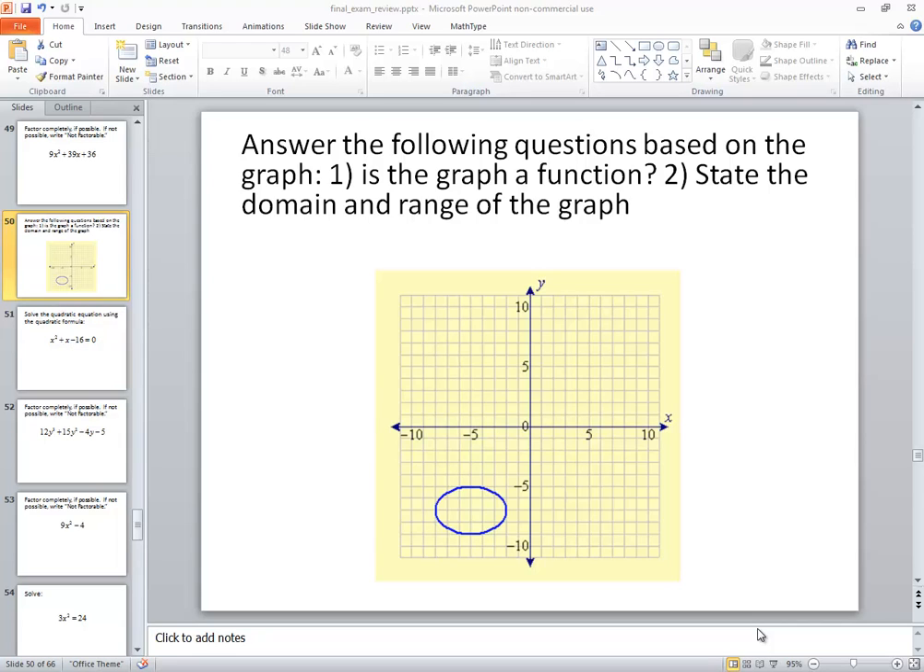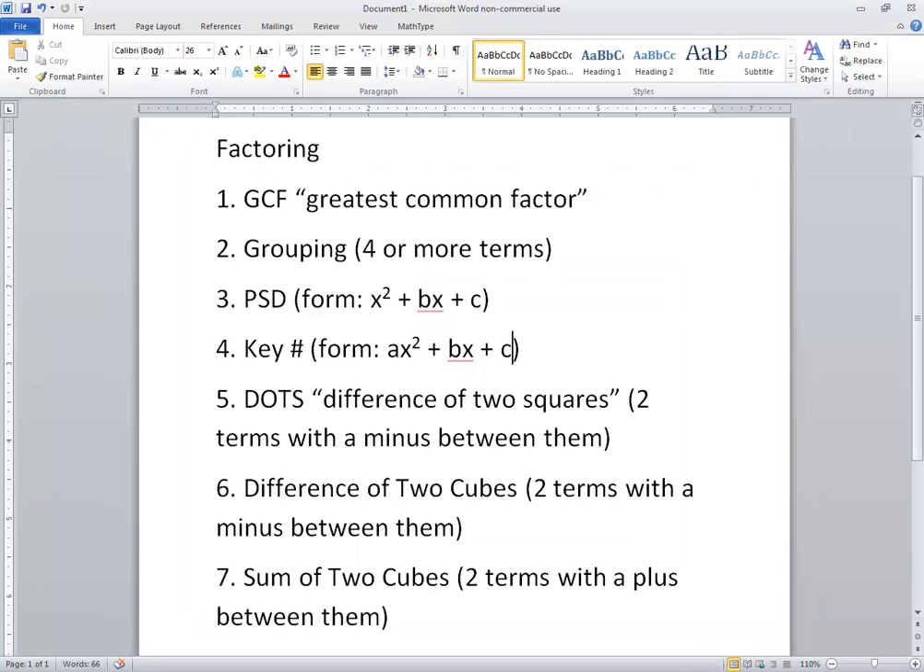In this problem, we're going to answer the following questions based on the graph. 1, is this a graph of a function? And 2, state the domain and range of the graph. Well, to begin with,